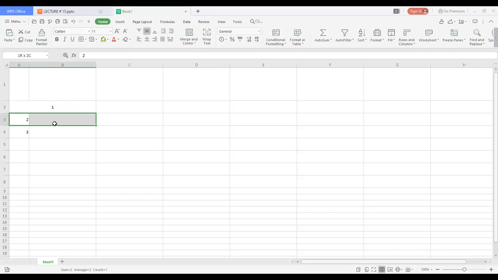If I want to merge these two cells with merge and center, it will merge the two cells and give the text at the center. Whatever is written here becomes centered. See this. Now I can give the borders as well. See the borders here. All borders, these borders are given. I'm sure it's clear enough to you all.